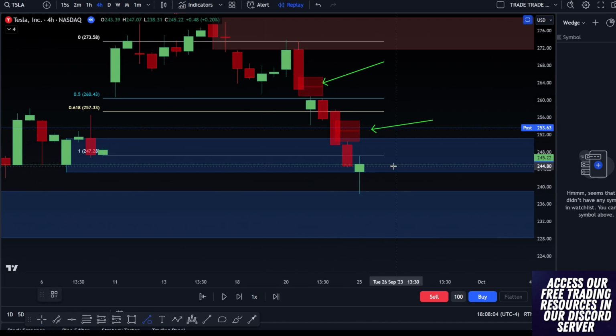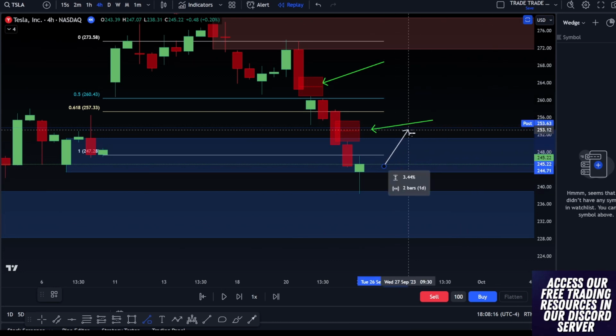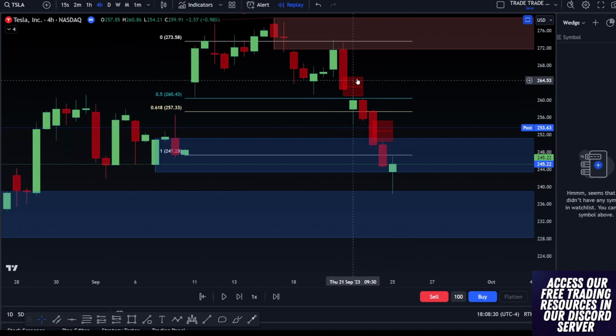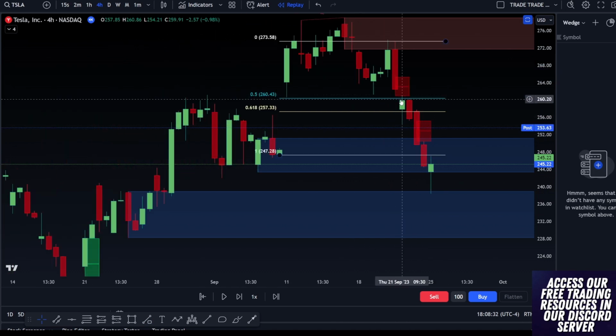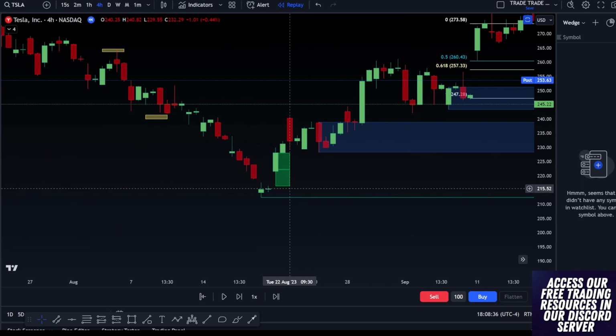When you see these fair value gaps, it doesn't mean like we're just going to completely recover most of the time and we're going to push up to all-time highs. It just means that like it has to be tested. So the chances of us pushing back up to test 252.70 is very high, especially when we're sitting on this bullish order block. Then the test of 263 seems pretty high as well. But as we're looking at this, we also see that there are two fair value gaps up here that probably need to be filled.